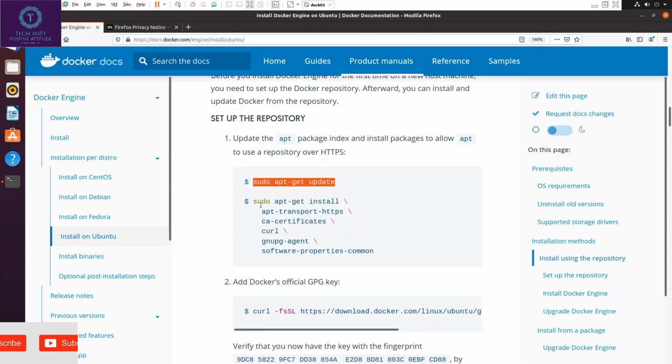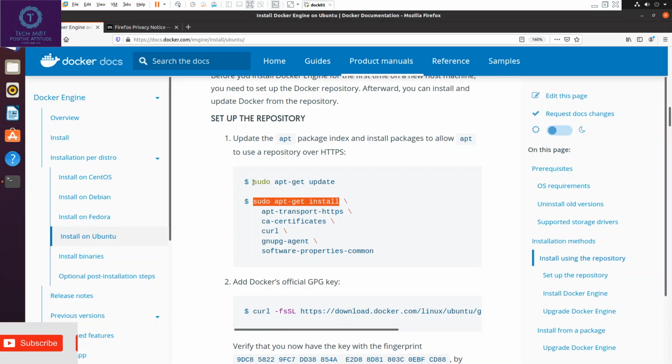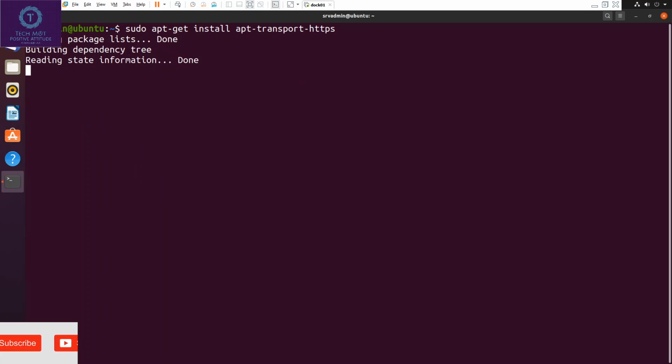Next, additional packages. We will install it one by one. First package is apt-transport-https, space package name. Hit enter.